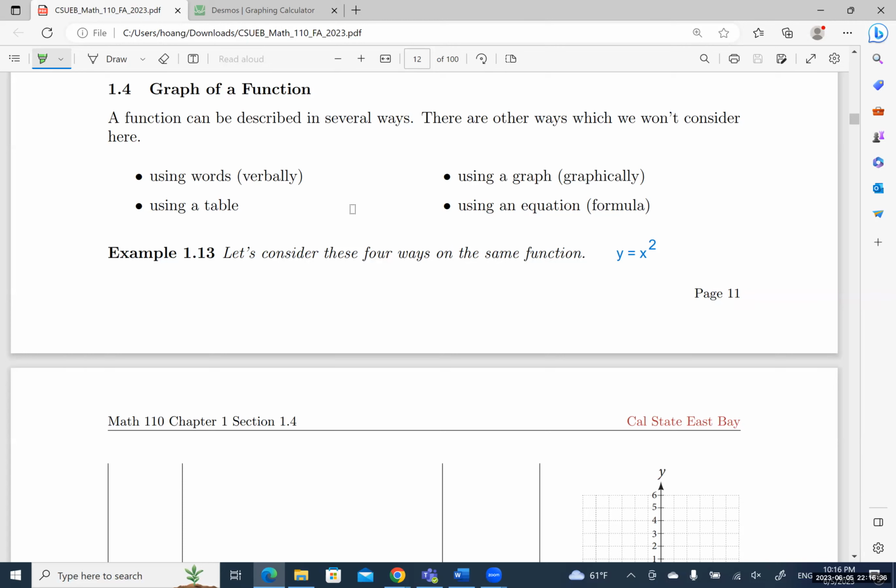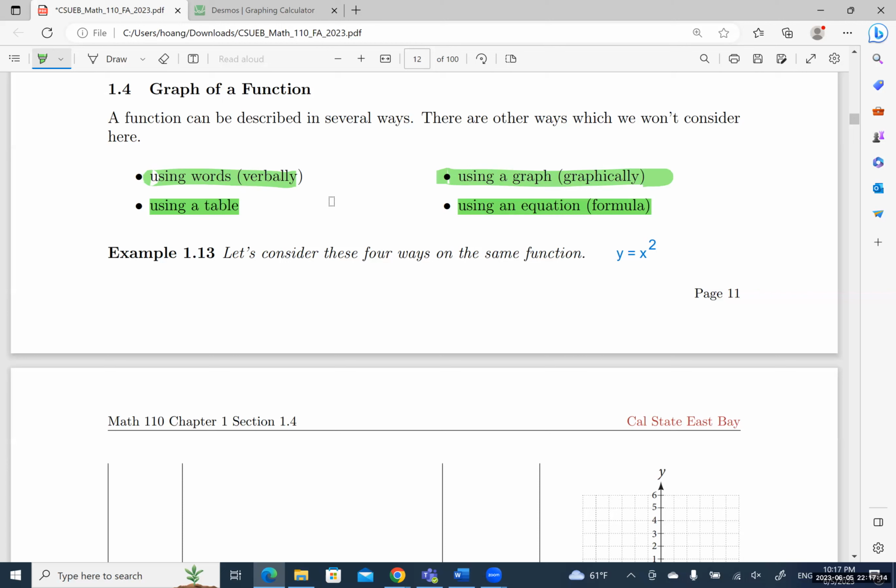The second way is using a table. Using words, using tables. The third way is using a graph, or we call it graphically. And the last one is using an equation or formula. So let's practice with these 4 ways to describe the function